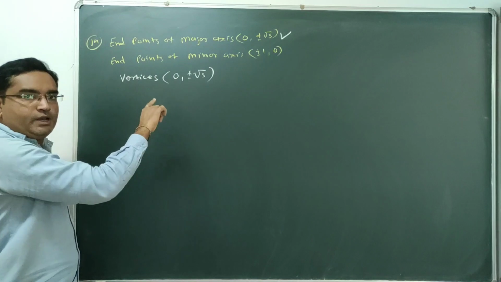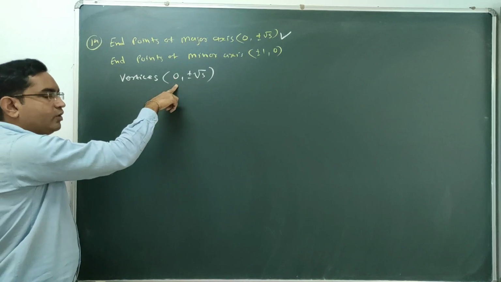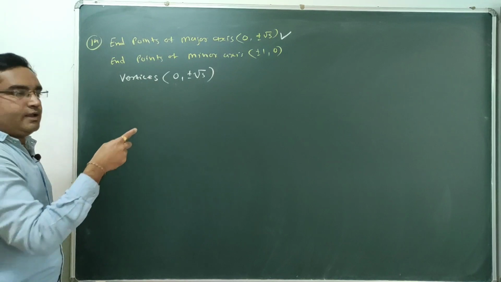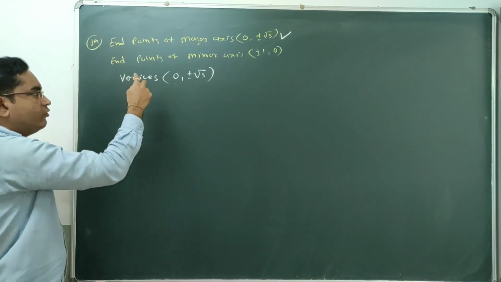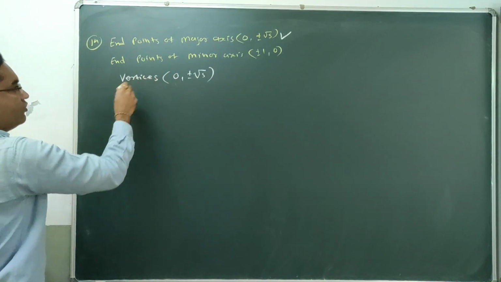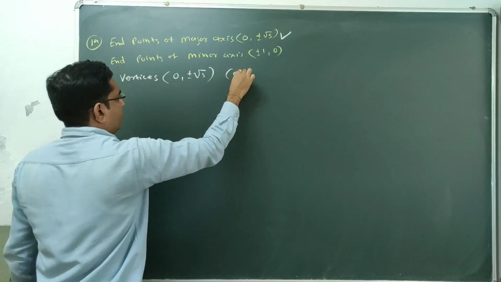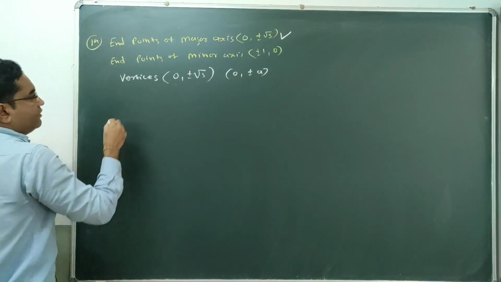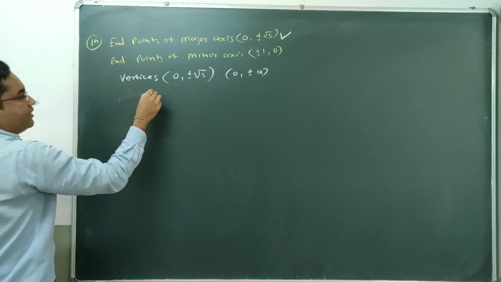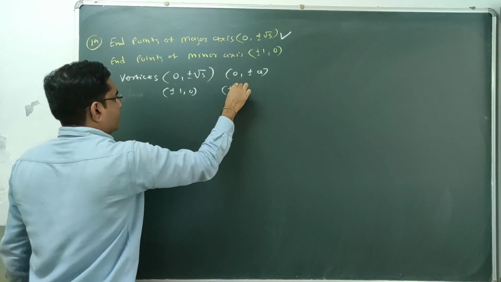So the vertices of the ellipse lie on which axis? Check, the x coordinate is 0. Whenever the x coordinate is 0, that point lies on the y-axis. So our vertices lie on the y-axis, and the foci will also be on the y-axis. So the ellipse will be a vertical ellipse. For a vertical ellipse, the coordinates of the vertices are 0, plus or minus a, and the endpoints of the minor axis are plus or minus 1, 0. They are nothing but plus or minus b, 0.